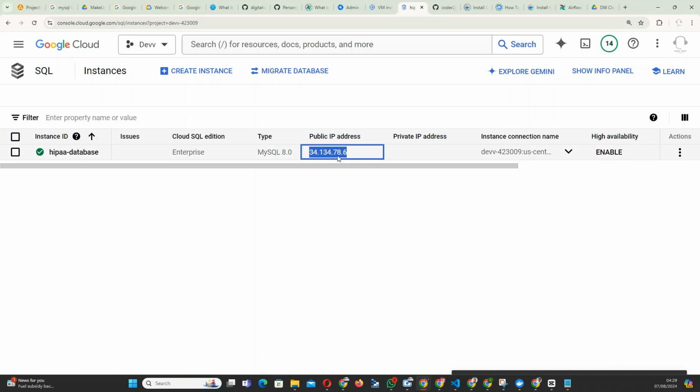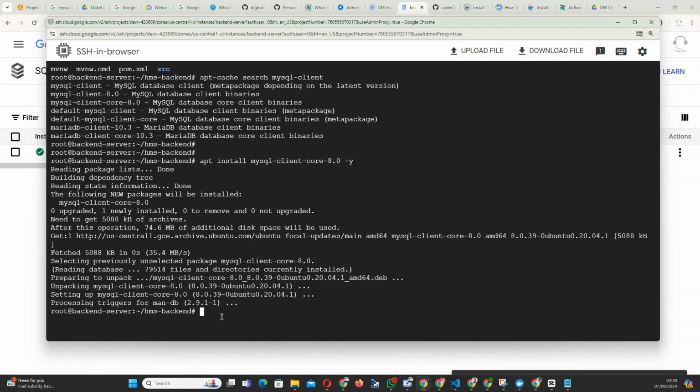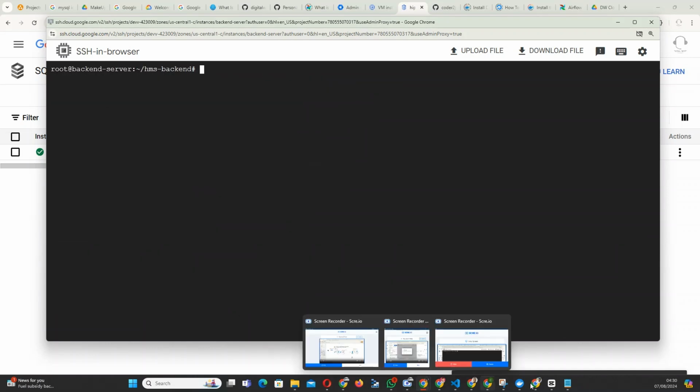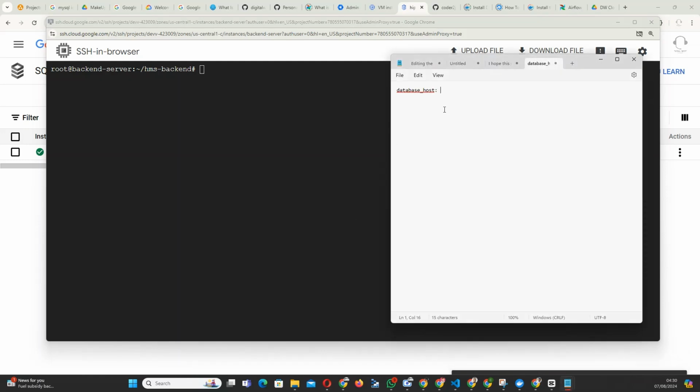Okay, this is the public IP address, right? So we're going to test for connectivity between the public and the private as well. So this is the public IP address, and then our MySQL database